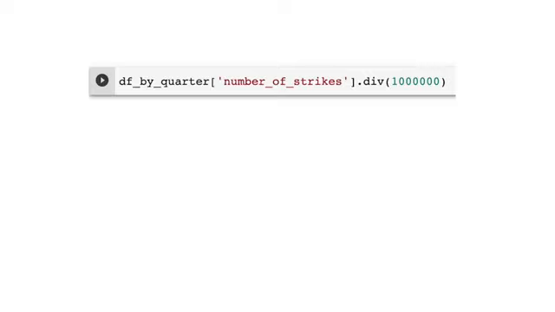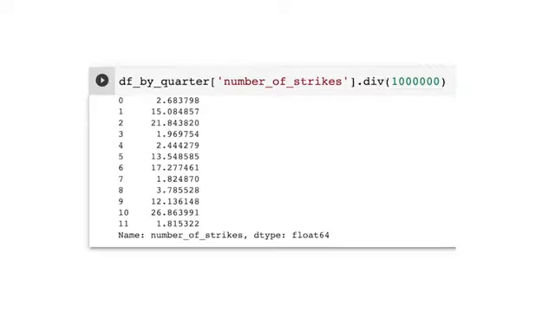We do this by typing df_by_quarter and entering the relevant column in the arguments field. In this case, we want number_of_strikes. Next, we add on .div to get our division function. Lastly, for the argument field, we enter 1 million. When we run this cell, we have a column that provides the number of lightning strikes in millions.